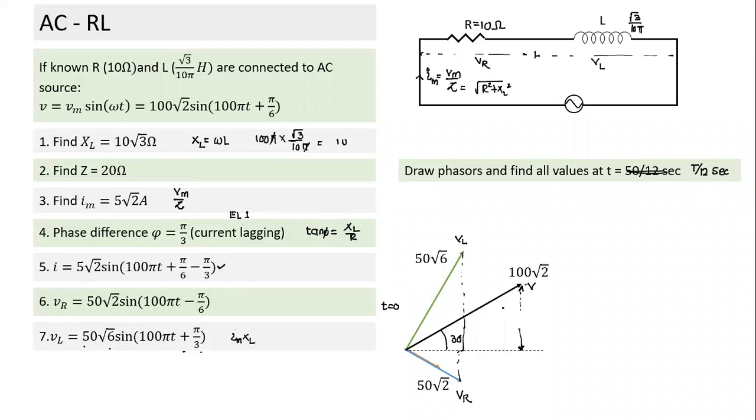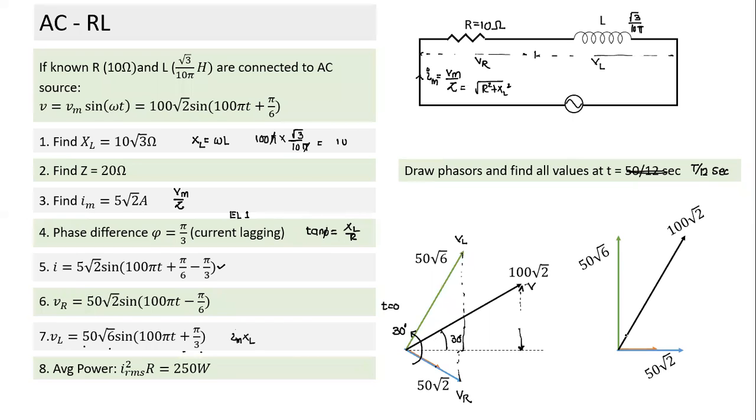In T by 12 seconds, the entire set, each one of them has same value of omega. How many phasors have I drawn here? This is VR, there's I here, there's applied voltage, and there's VL. All of them will rotate by 30 degree in T by 12 seconds. So if I rotate 30 degrees, just imagine the whole thing is rotated. I'll come to power also, I missed the power part. This is how we just rotate the phasor. This is how it will look like.